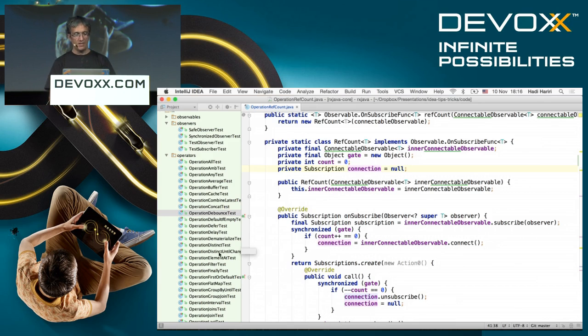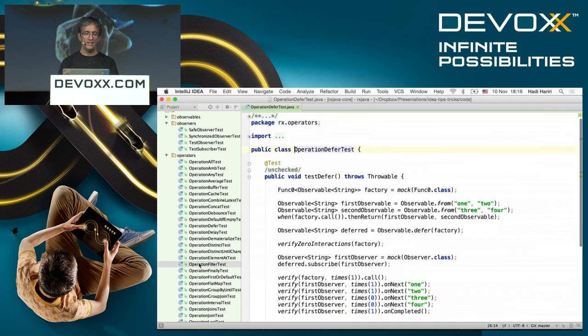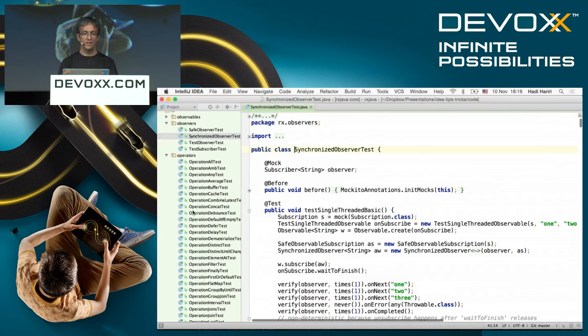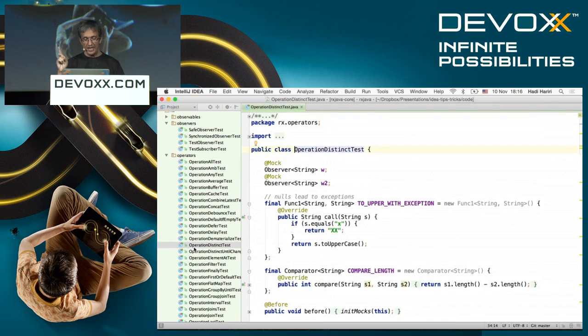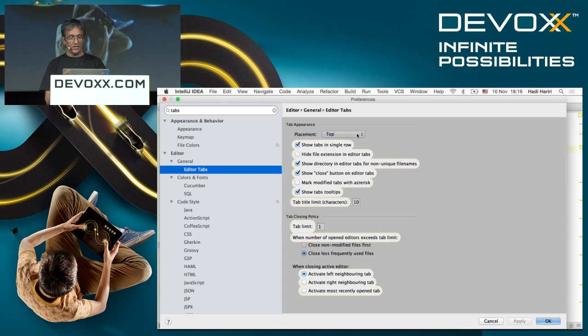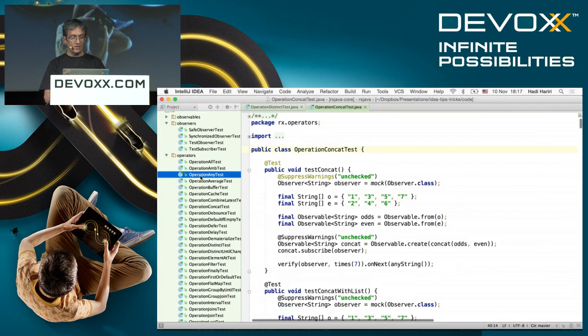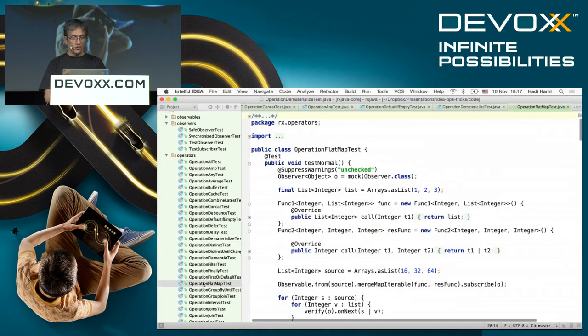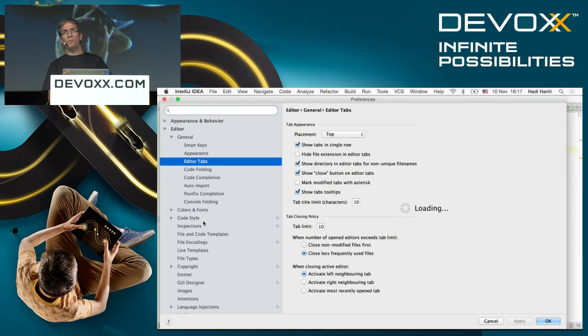Look at this. I'm going to give you a tip. Do you see that? And that, and that. Do you see what's happening? Only one tab, yes. I don't actually have tabs on. In fact, what I do is I switch them off so that I can switch them on for you. So a lot of times people have, for example, the top tab, and they have tab limits like 10. Okay, and then they start to open these files over here. And they're like, you know, we have a bug report that says if you open over 640 tabs, then things start to jump. Yes, we know.